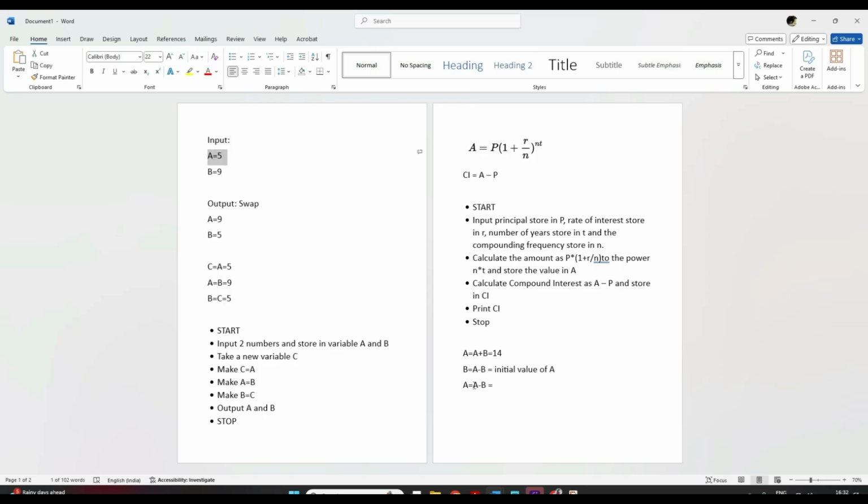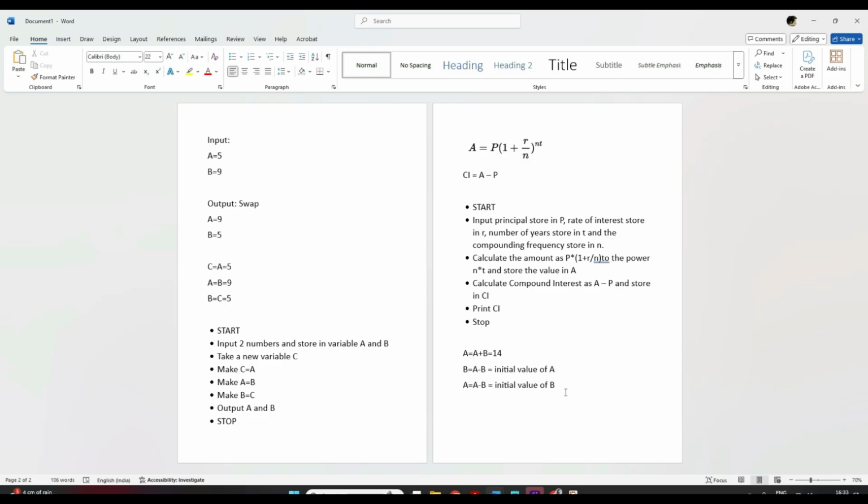Now from a, which is my currently changed value, if I subtract b, I'll get the value of b, correct? That will be the initial value of b, not this changed value. Is it clear, students? I know it's a little confusing, but if you have to swap two numbers without using a